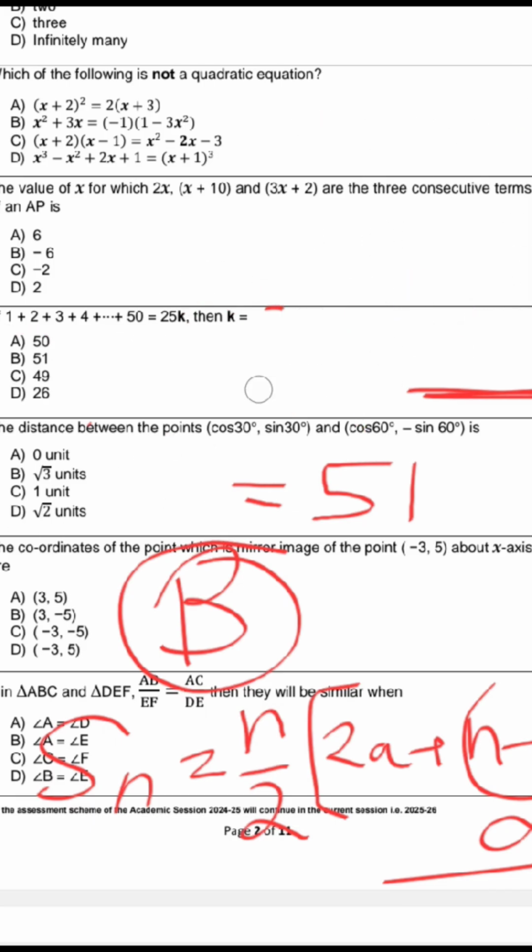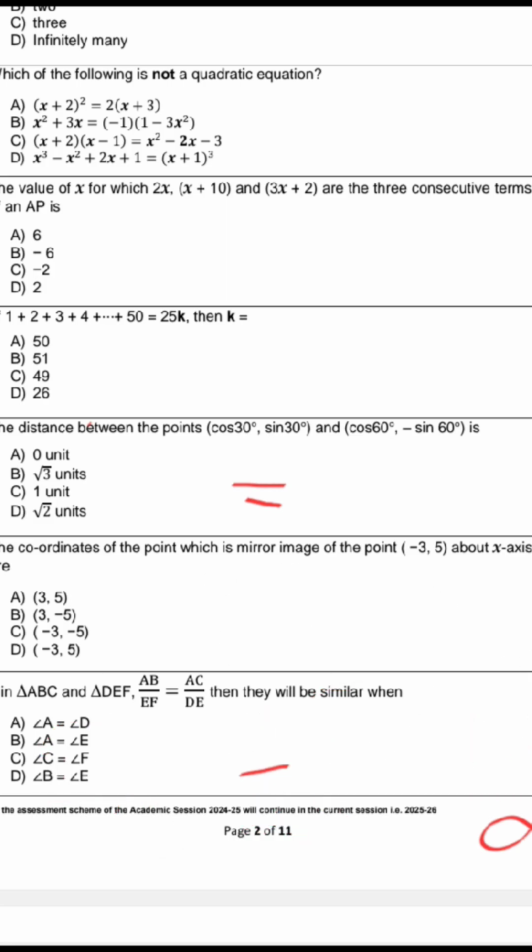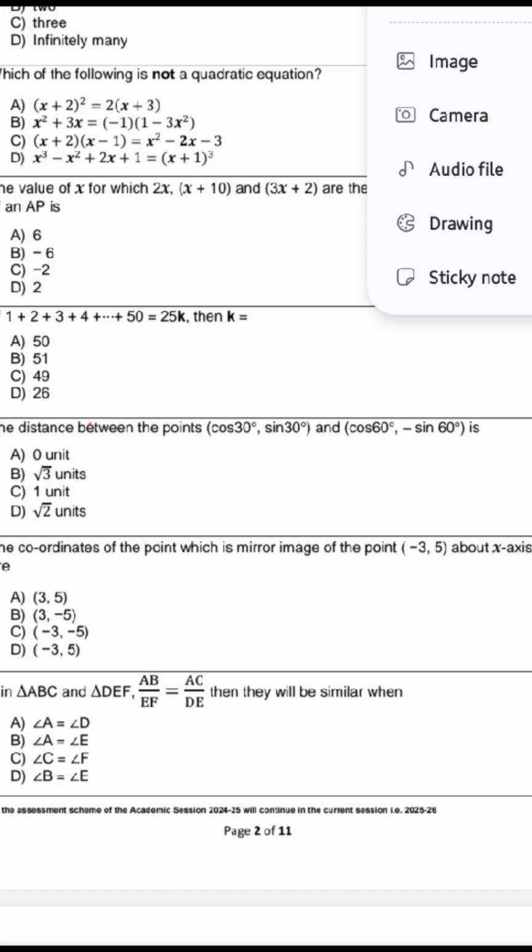The next question is question number 7. How will we solve this question 7? See, read here. The distance between the points cos 30, sin 30 and cos 60, minus sin 60. So you know here the distance formula. What is your distance formula? D is equal to